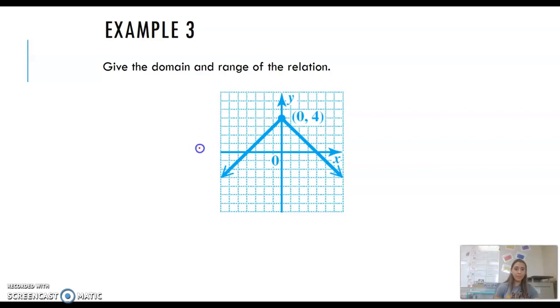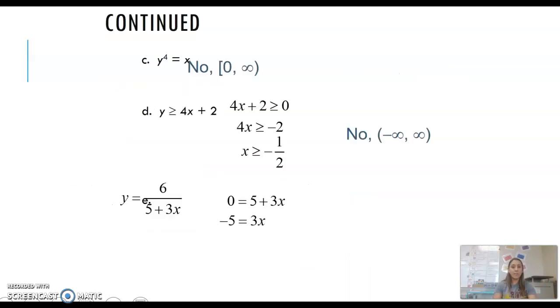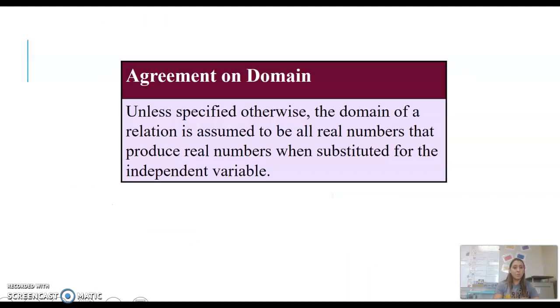Since we have this arrow, it's negative forever, so we're going to have negative infinity. But it's also going to the right forever, so it's going to go this way forever and this way forever. So we're going to have,